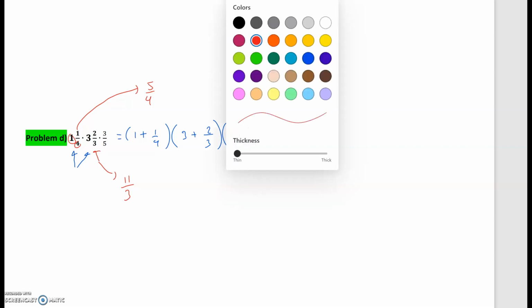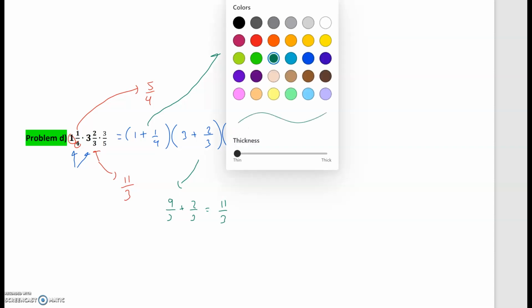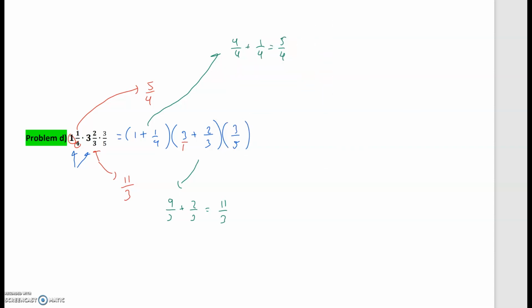If you were to do the LCD, you will end up with the same answer. Let me just do it on the side. This particular one would be 4 over 4 plus 1/4. That would be 5/4. And then this one is going to be 9/3 plus 2/3, or 11/3. Remember that as you get the LCD, you put it over 1 and then multiply times 3 and times 3. So this one is going to end up multiplying 5/4 times